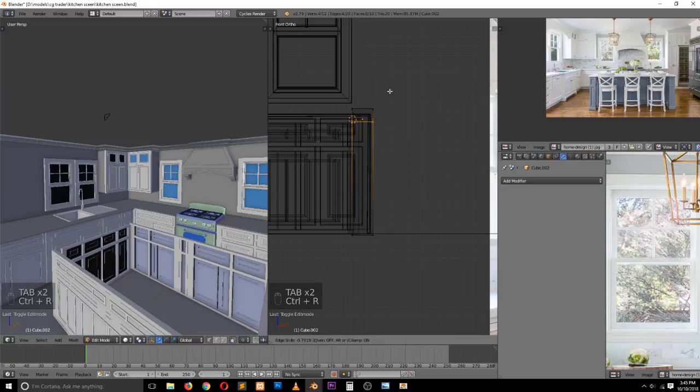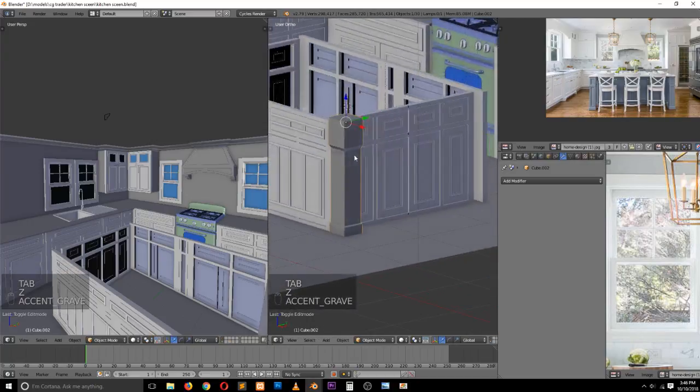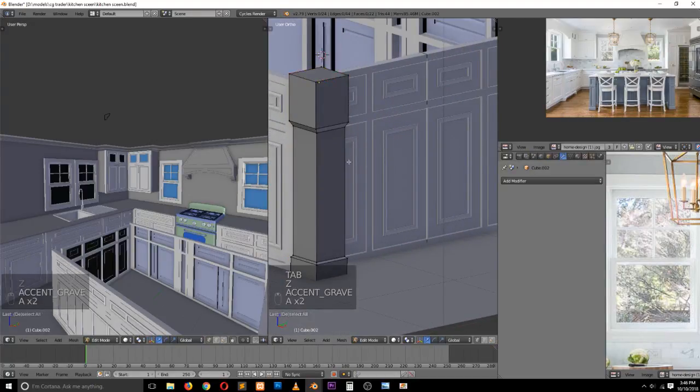Add a loop there, around there, and another one around here. Let's select these ones, scale them down, extrude down, and maybe get these, scale them, then extrude up like that. So we have this, and we can, let's see,